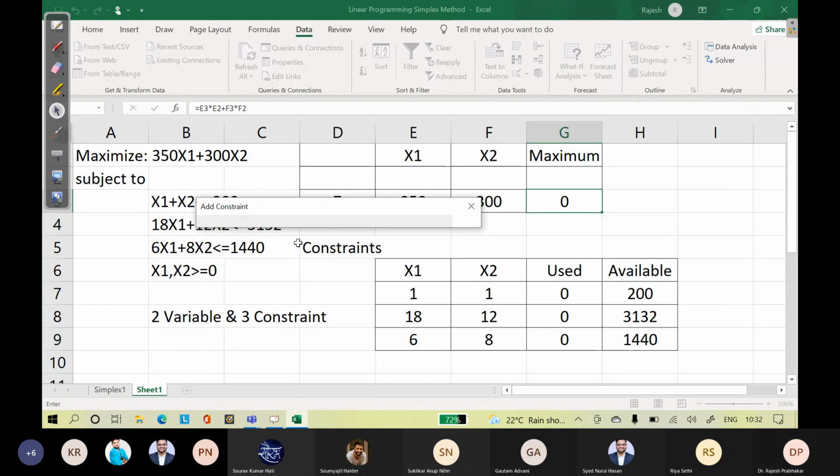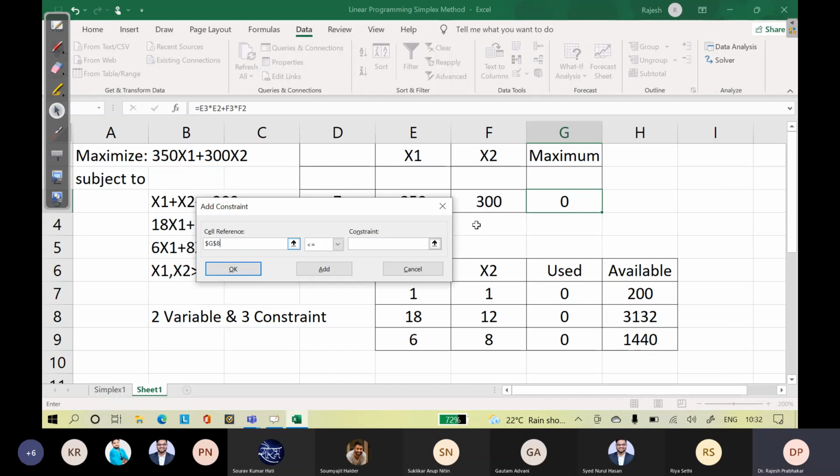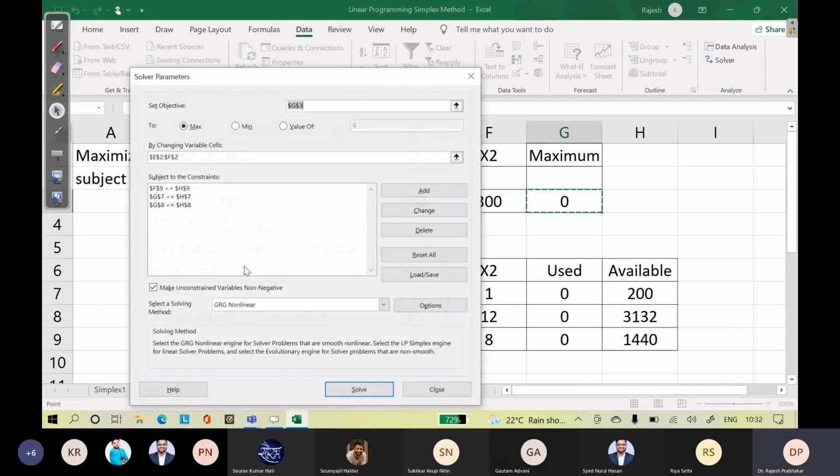Add. 0 less than equal to this. Add. 0 less than equal to this. Okay. So we added 3 constraints.